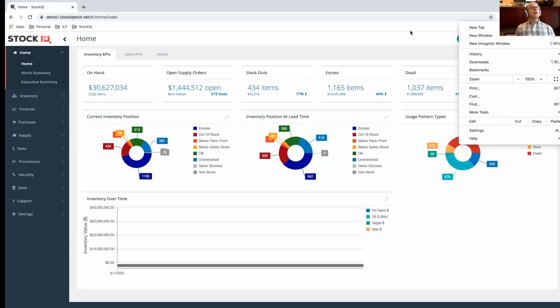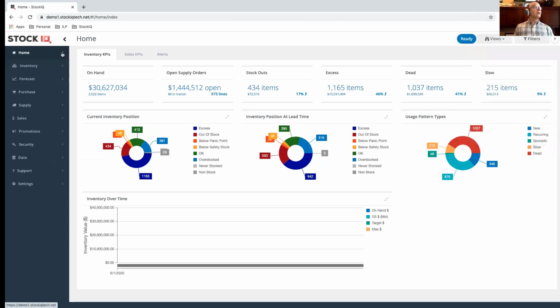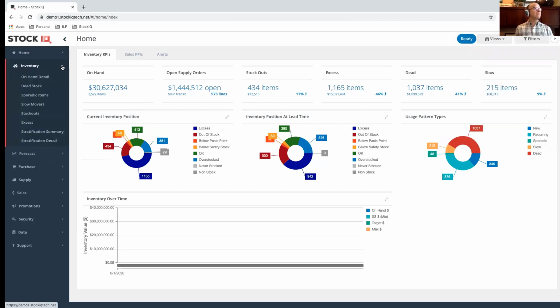So this is StockIQ. This is our home page. You'll notice over on the left here, there is a menu-based system. This menu-based system provides access to the various modules inside of StockIQ. It's browser-based, meaning it can be deployed on-prem or in the cloud. It's just web-based. We find that StockIQ runs fastest in Chrome, but we're supporting all the currently available